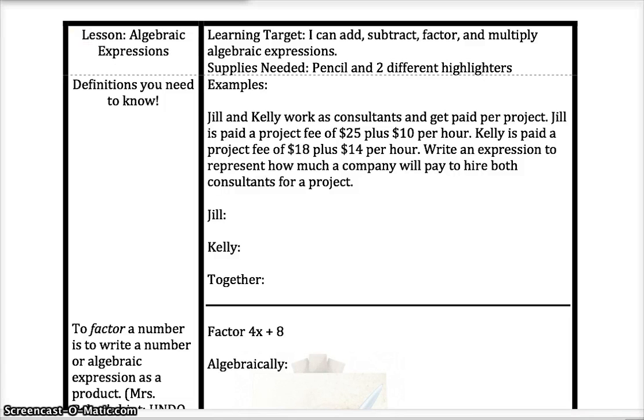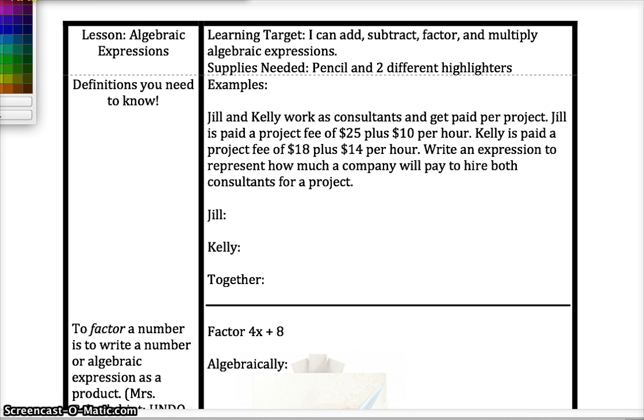Hi students, today we're looking at the Algebraic Expressions lesson, and your learning target is I can add, subtract, factor, and multiply algebraic expressions. Before we move on, please take a moment and write your learning target in your planner